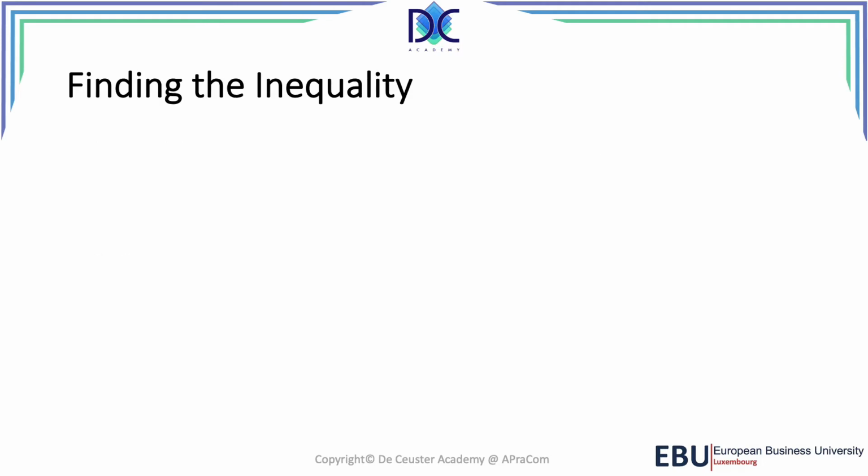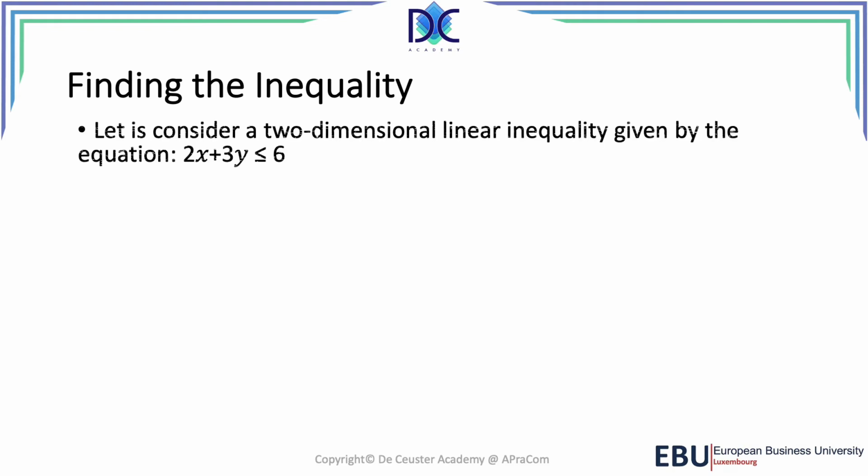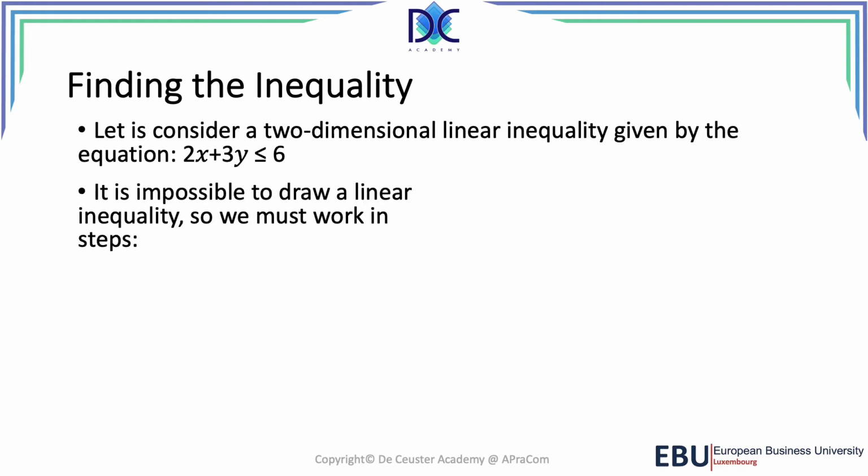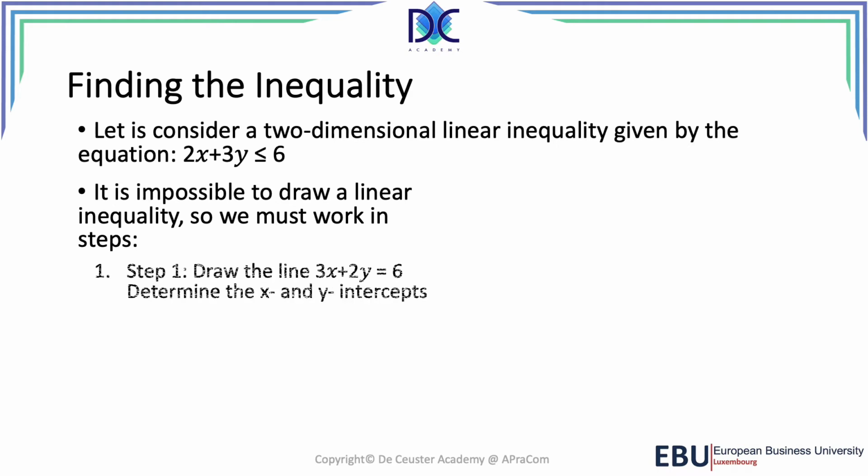Now, the first thing to do is to find the inequality, or to draw the inequality, to find the zone that is compliant with the inequality. And let's have a look at a simple expression: 2x plus 3y is smaller or equal than 6. So we cannot draw an inequality directly, so we have to work in different steps. First of all, we have to draw the line 2x plus 3y equal to 6, and then we can find that line by using the x and y